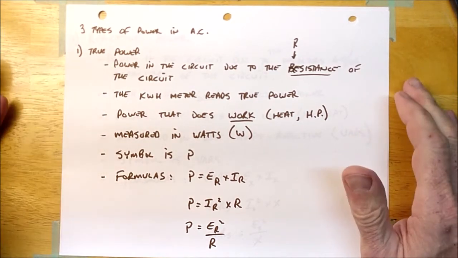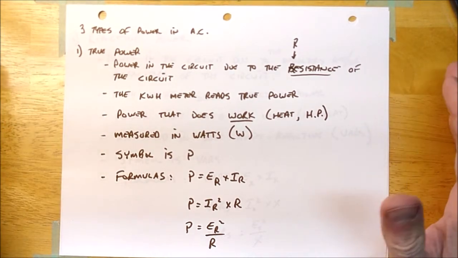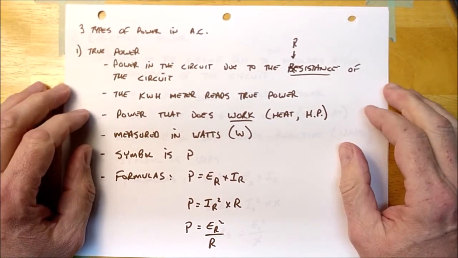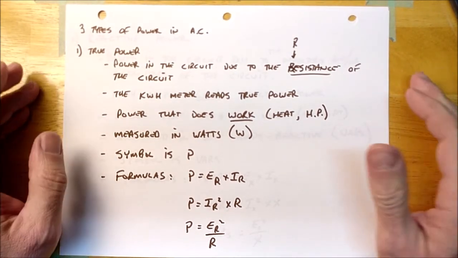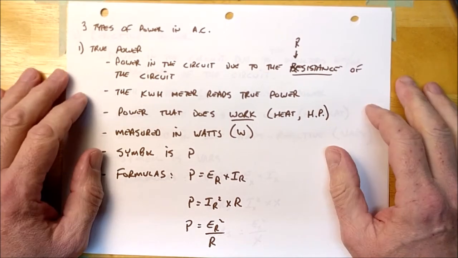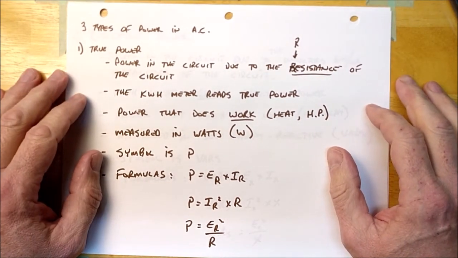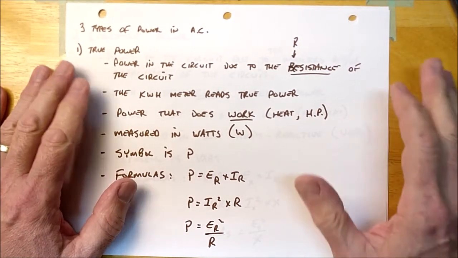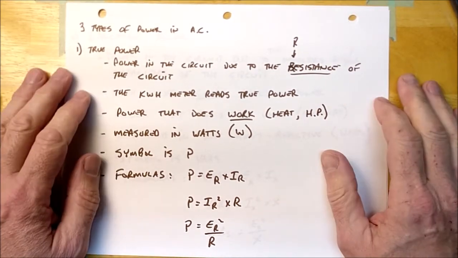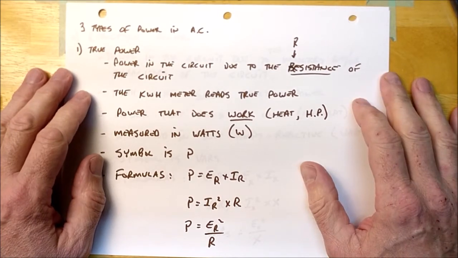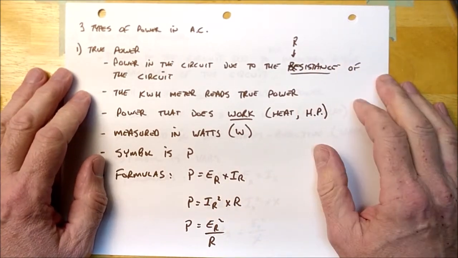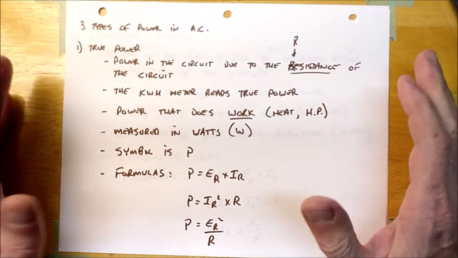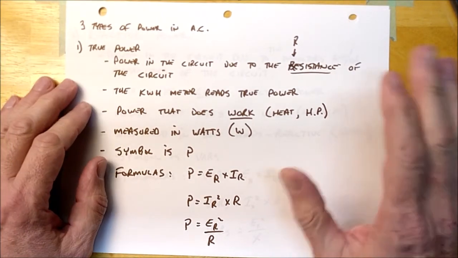And in AC there's actually three different kinds of power, guys. Unfortunately for you guys, in level 1 life was easy, and everything was a resistor. And there was only one kind of power, and you learned that power is the voltage times the current in the circuit. And unfortunately, in alternating current, it's not that simple, okay? It's much more complicated, and you can't just take the voltage and the current and multiply them together and get the power. There are actually three kinds of power in AC,